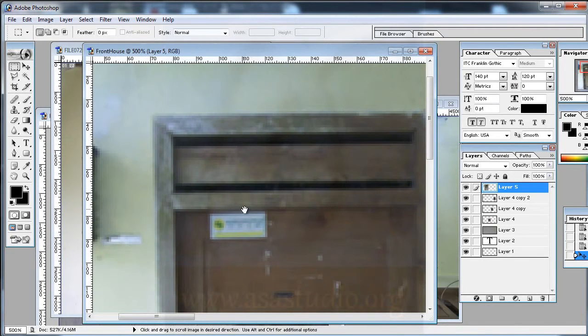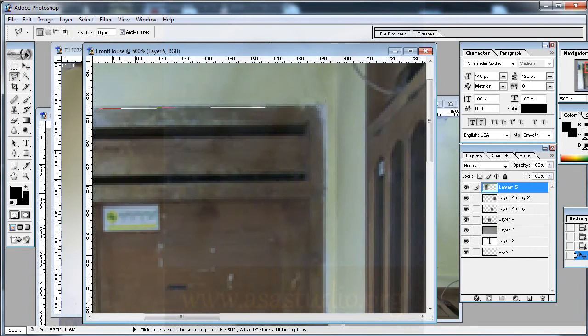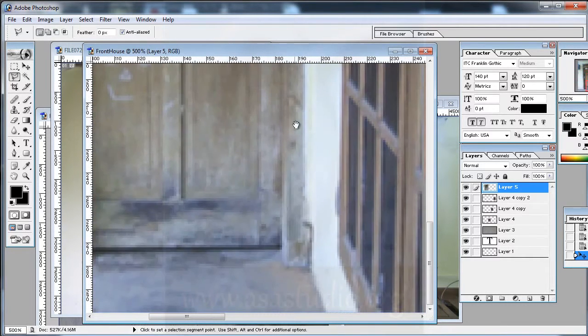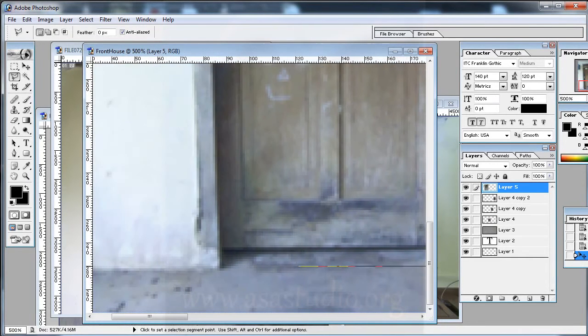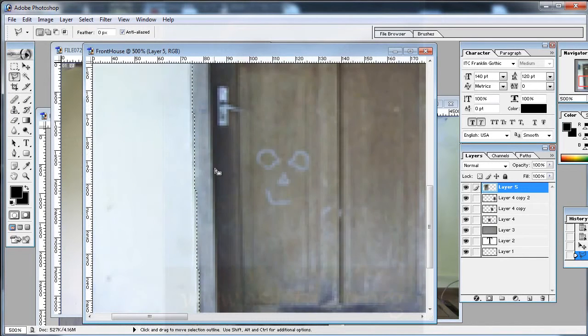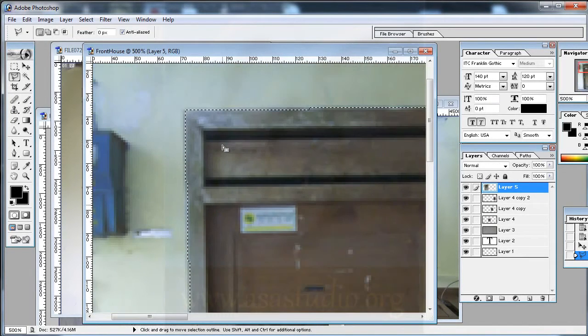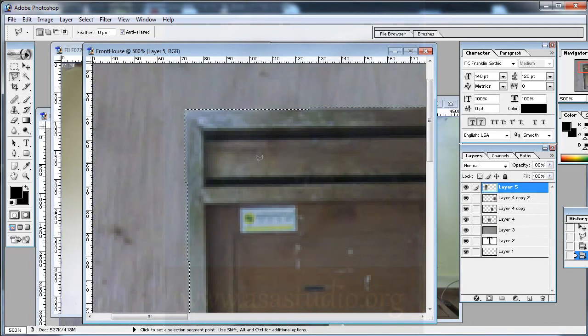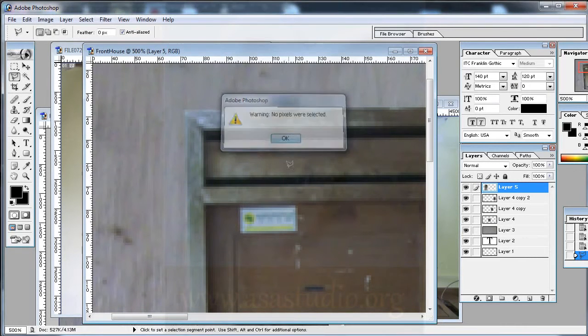in my here with the polygon tool, click, and okay, maybe here, and okay, I have it like this, and right click, select inverse, delete. Okay, just like this,